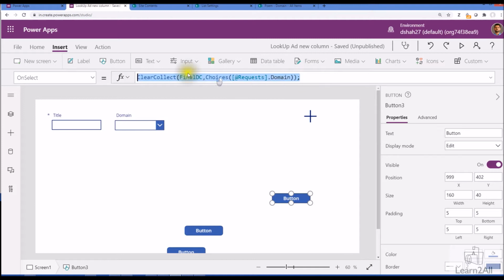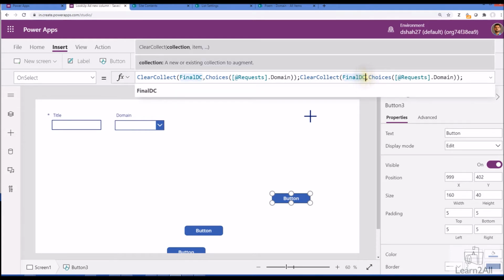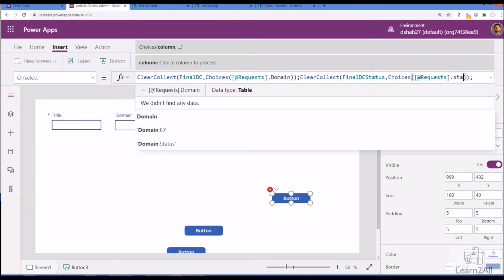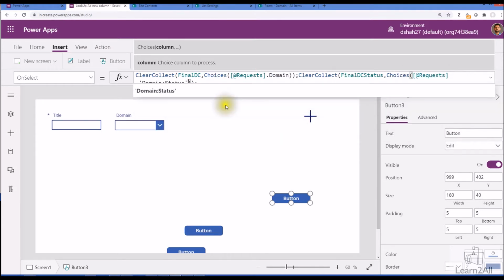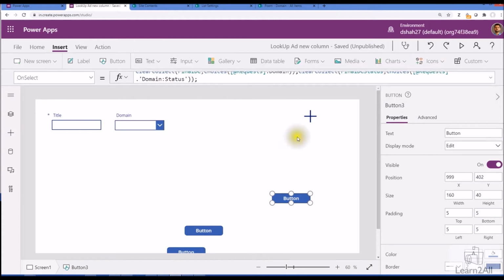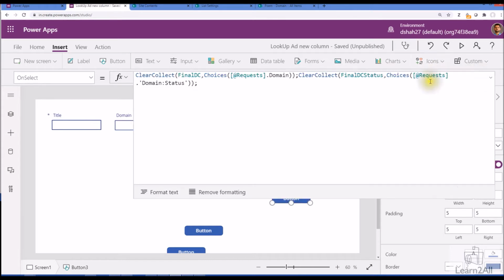In the same way we can take one more collection for our understanding, which is final DC status, and inside that we will be passing the domain status, right? So let's pass that and execute this code.